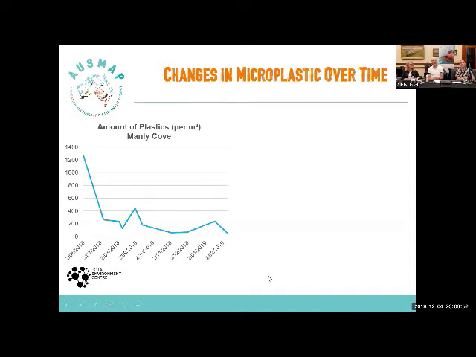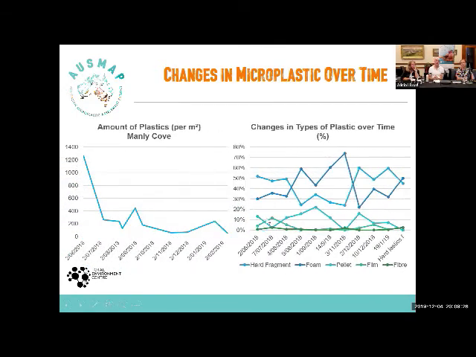They snorkel around the shallows, and then a group of them also do a microplastic sample on the beach. You can see that at Manly Cove, the initial sample was actually over 1,200 items per square metre, and it's dropped down after that. The average now is around 200. That first event was right after a big rain event, and those other little spikes are after minor rain events. So rain definitely influences the inputs into our systems in various locations.